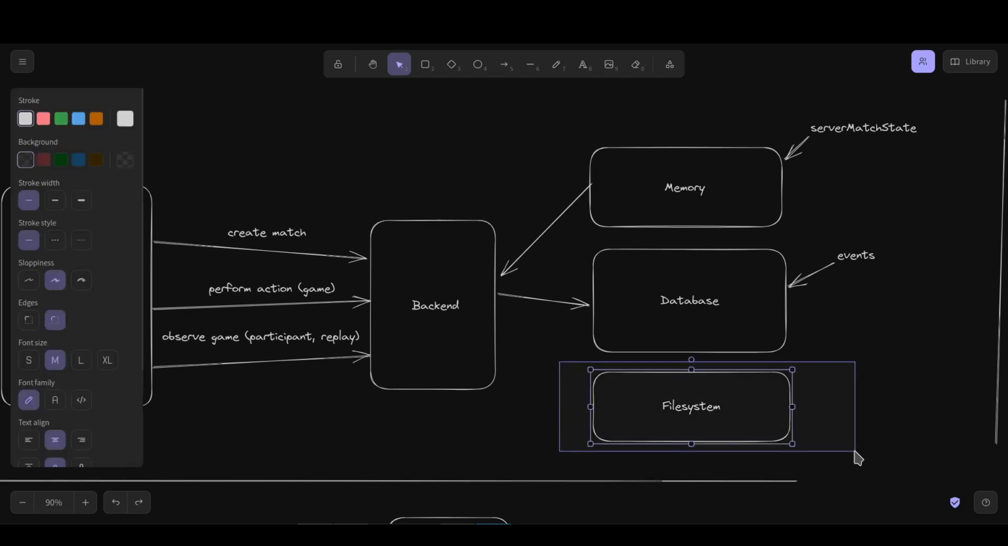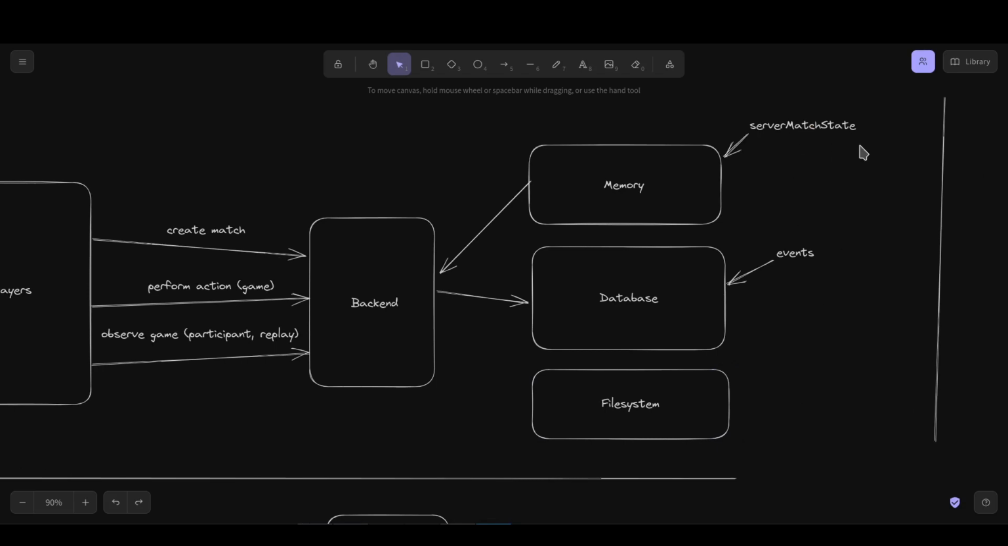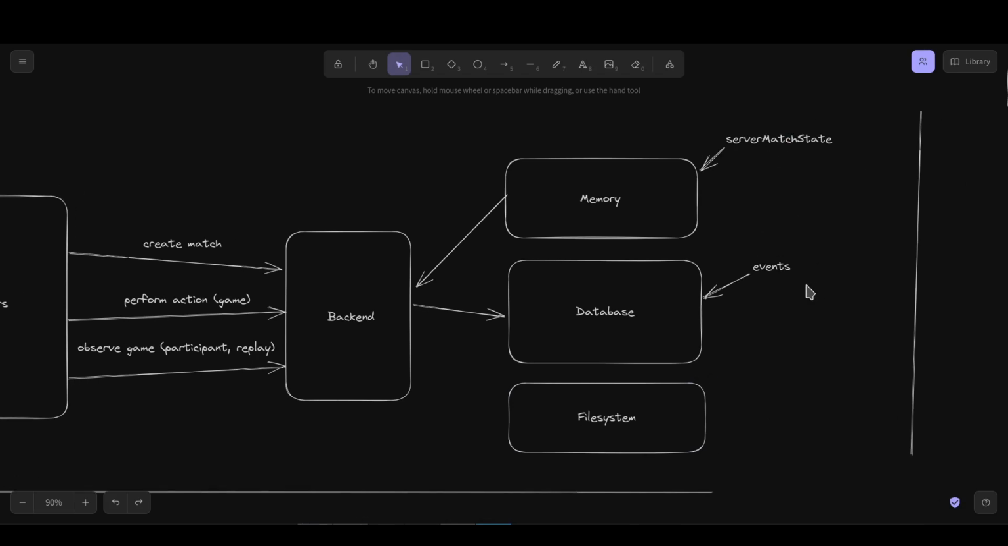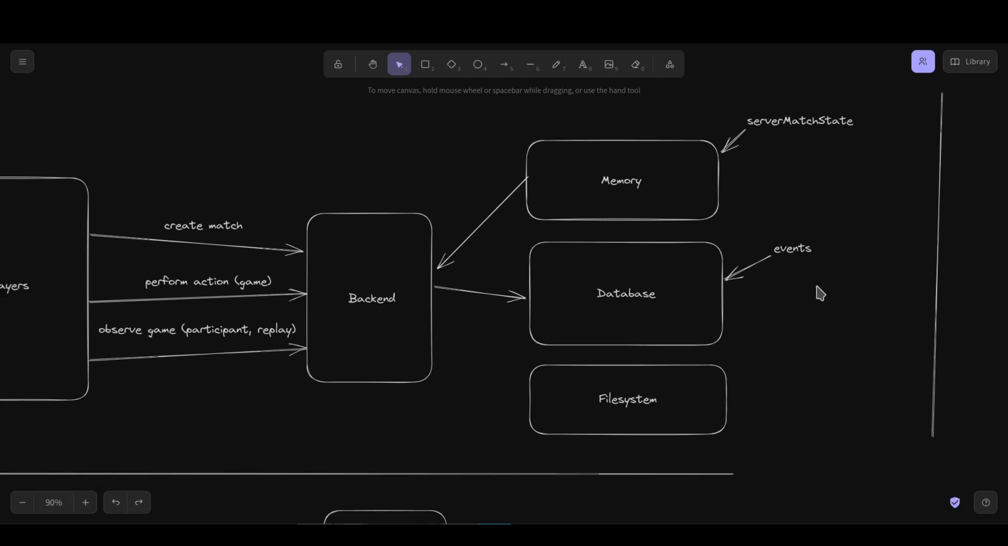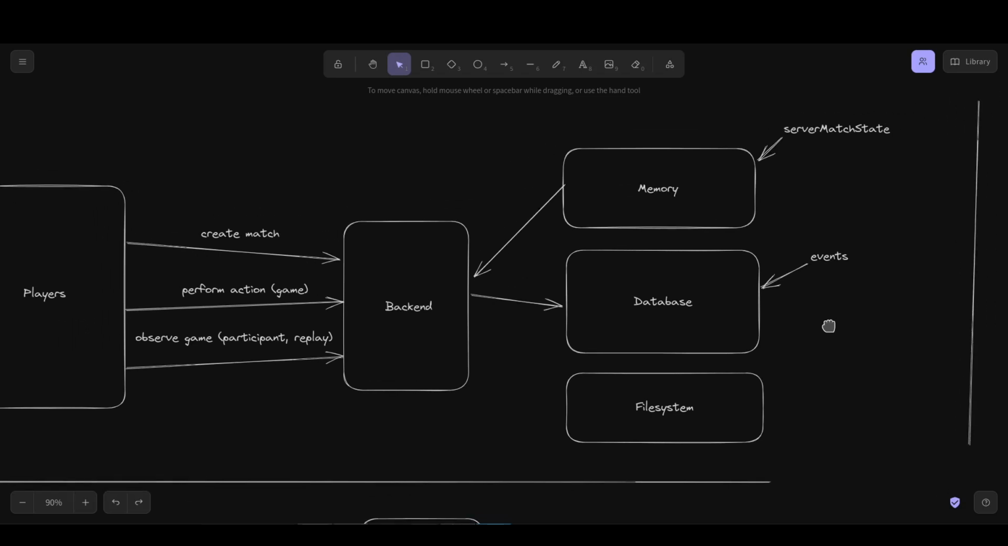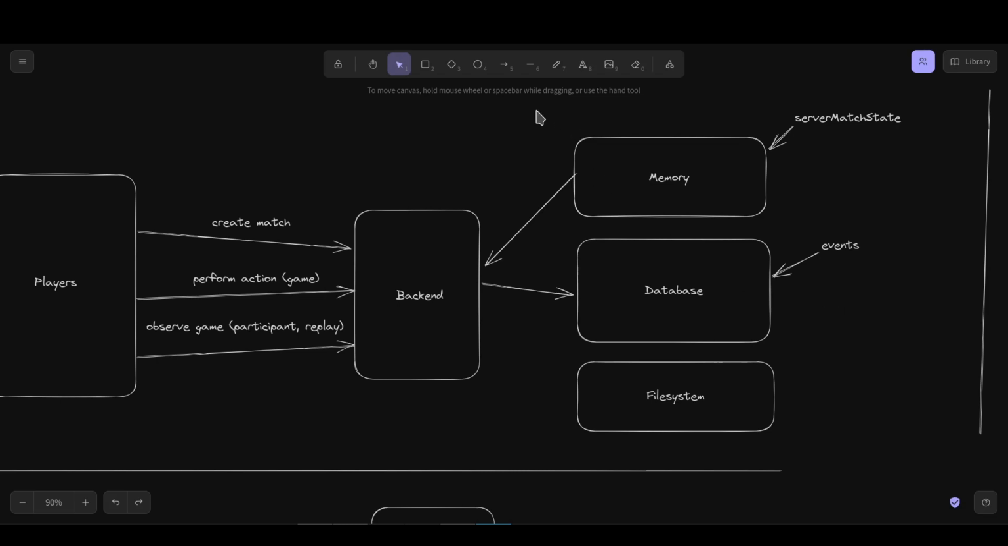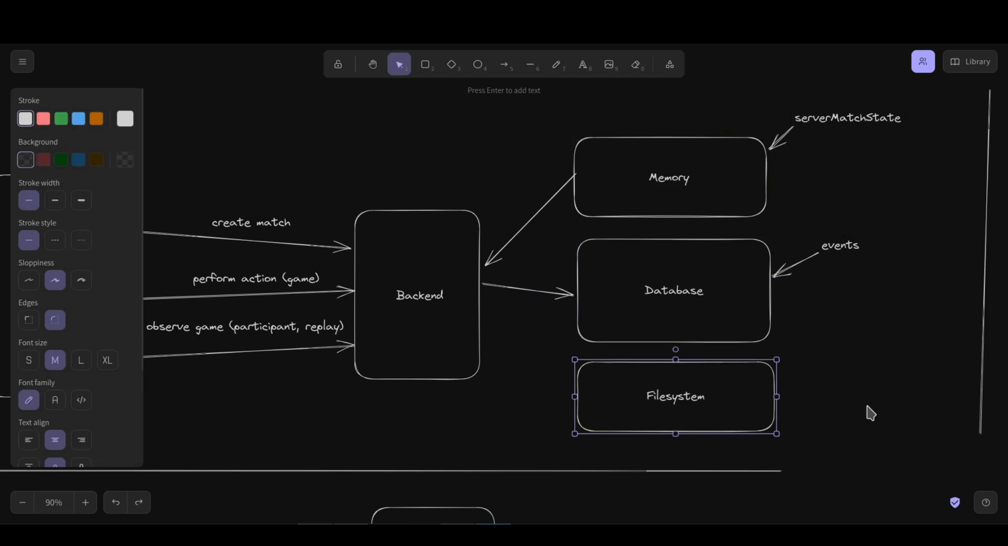Yes, I was about to get to that, but for the serverMatchState and explaining the events and how the recovery process goes, it's actually not important yet. For the first presentation, that was basically just to illustrate the three possible storages that WarsWorld uses. For Filesystem, I don't think there's any Filesystem integration yet, but the idea was that once a match has finished and there are no additional events coming in because the match is done, it's closed, then what we could do in order to